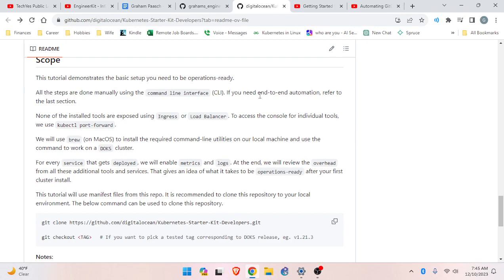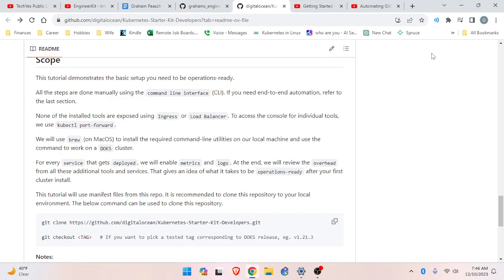To access the console for individual tools, we use kubectl port-forward, and you see how strained my reading was there.